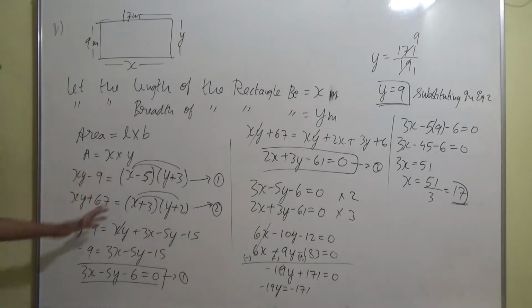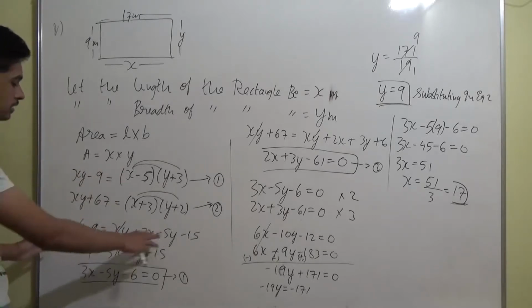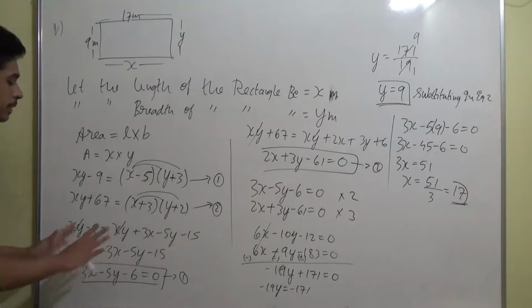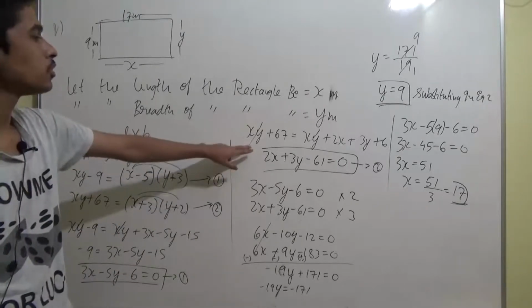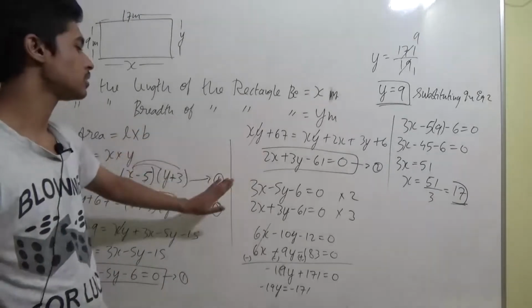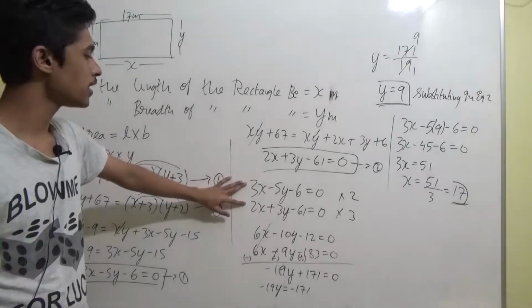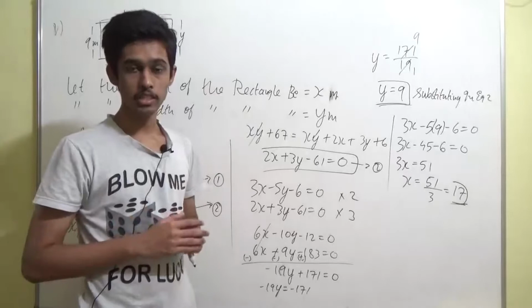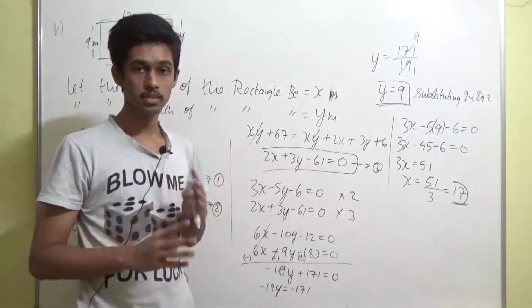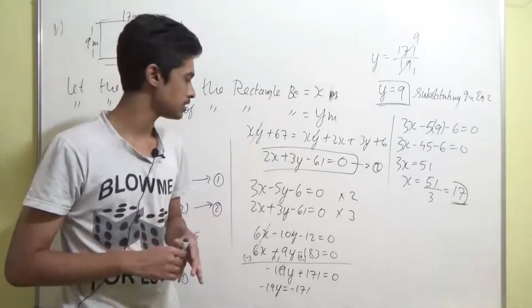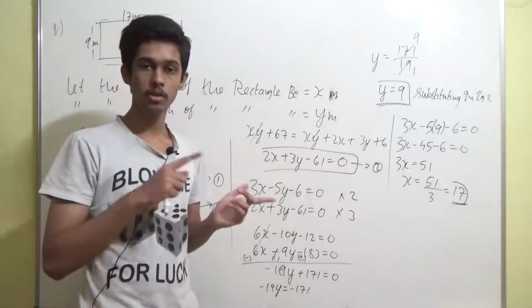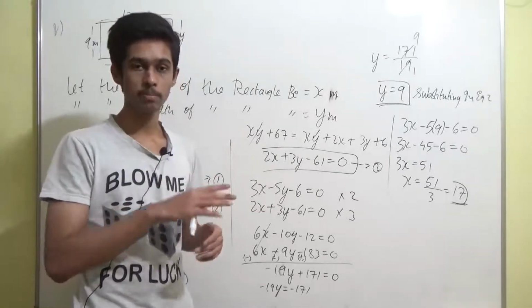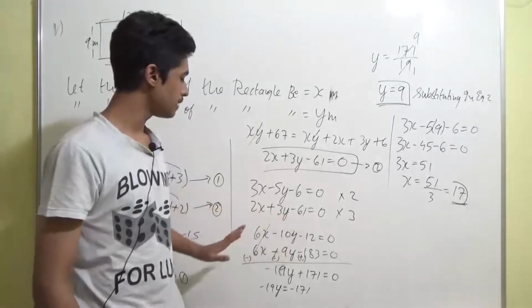Then what we did, we just expanded it. Nothing, guys. We just did the algebraic expansion. And then we simplified both the equations. That's it. That was the step. And then both the equations we got here. After that, we did the elimination method. As you learnt in the previous lectures, we have 2-3 lectures based completely on the elimination method itself, guys. So if you don't know elimination method, you can go back to those lectures and watch them. It's in the playlist, right? So we did the elimination method here.